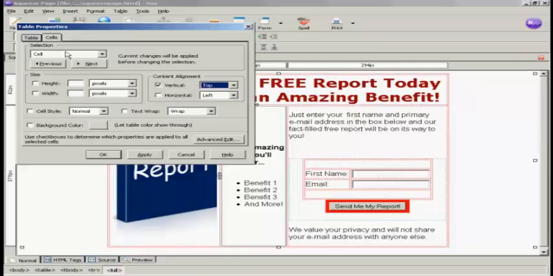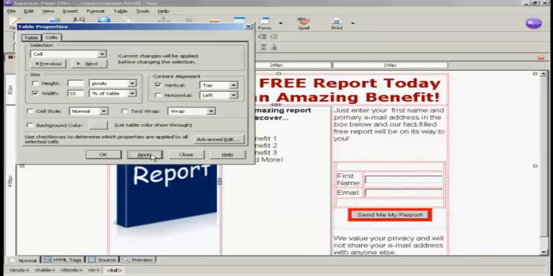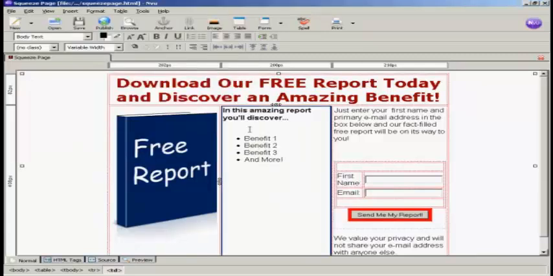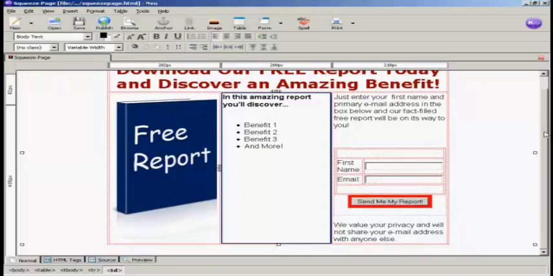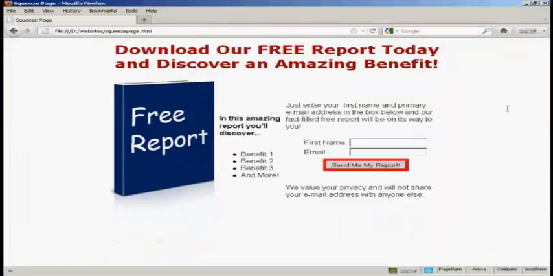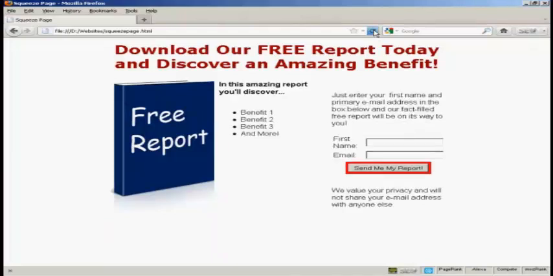And I'm also going to alter the size because this center column seems to be a bit squeezed. So I'm going to make the width to be 33% of the table, and then click on apply, and that looks a bit better. So again, save, come back to the browser and refresh, and again